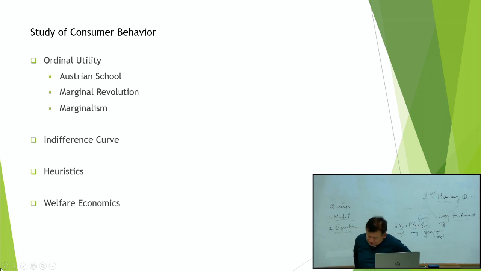This Austrian school means the economic school of thought. There are many kinds of thought in economics. So the Austrian school is some kind of thought from the late 19th century, Carl Menger,